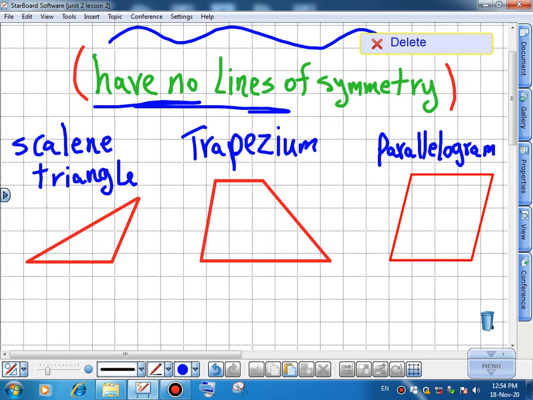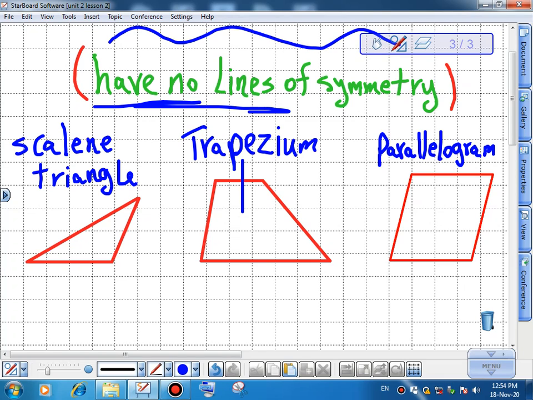The next one, the trapezium like this. The symmetrical figure was the isosceles trapezium. Isosceles means two sides have the same length, but in this trapezium, these sides are different from these sides. So we call that only a trapezium. If I need to cut this trapezium into two equal parts,